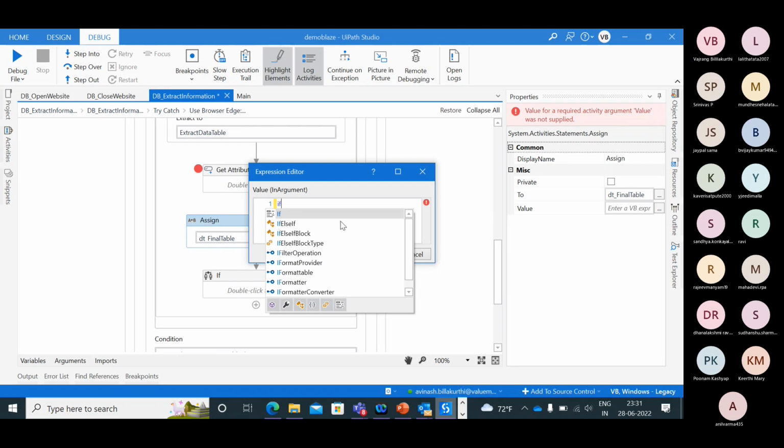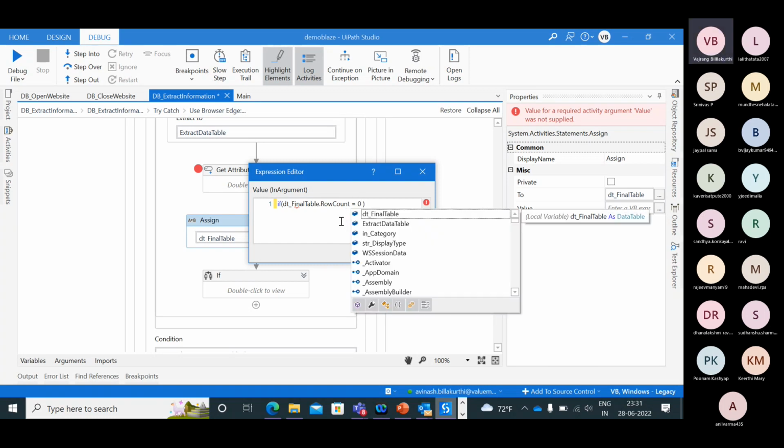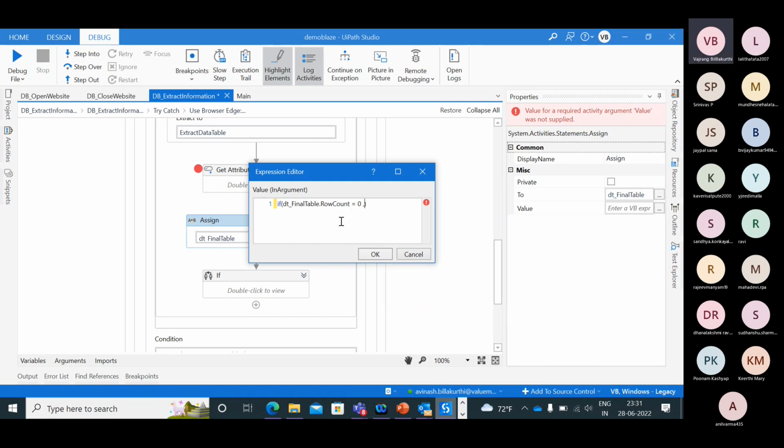If dt final table dot rows count is equal to 0, okay, then what I'll do, I will clone the template.